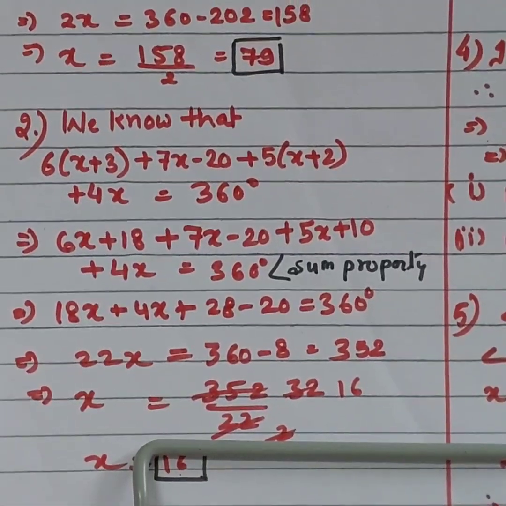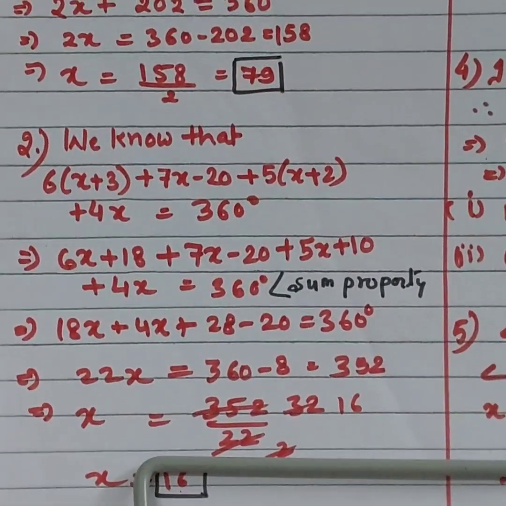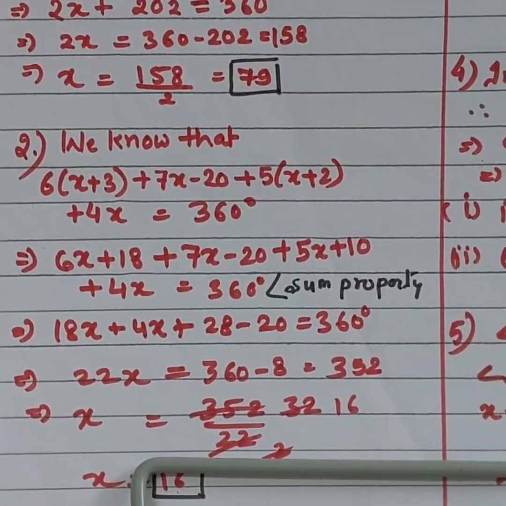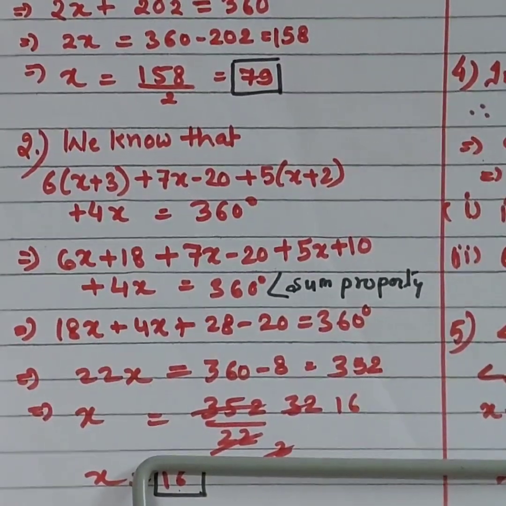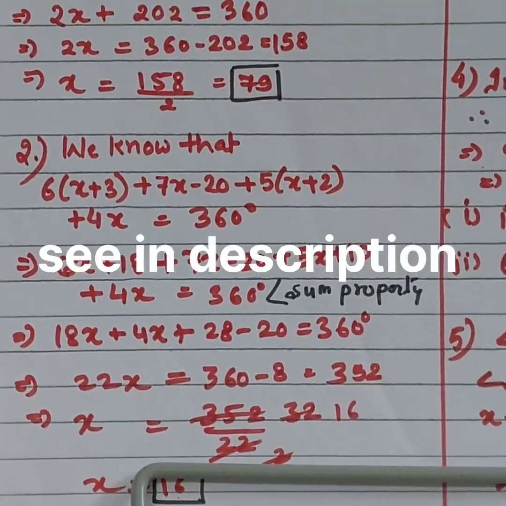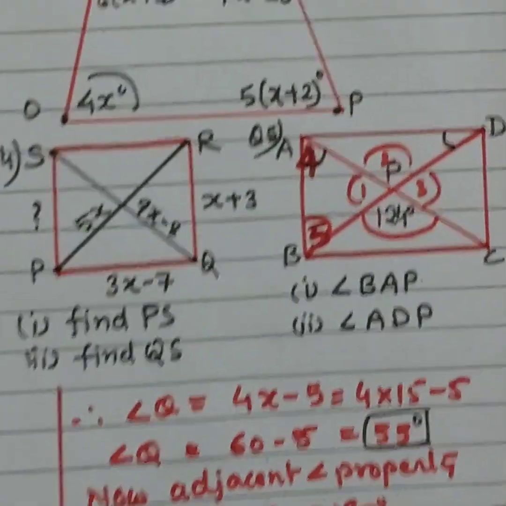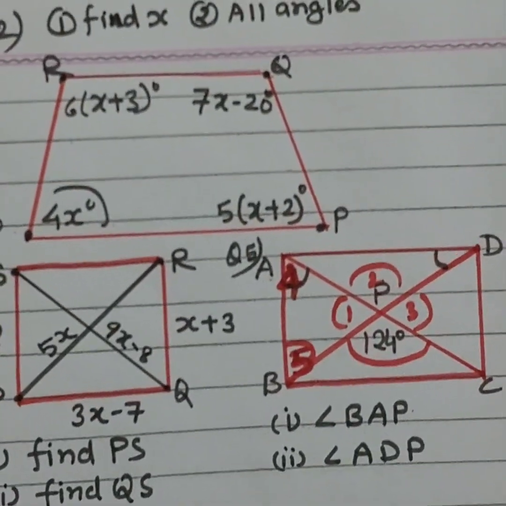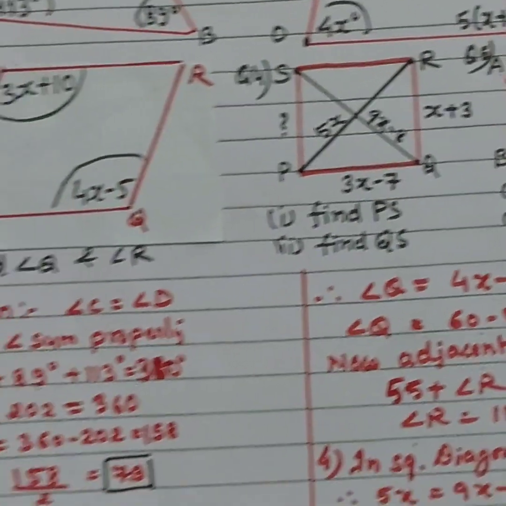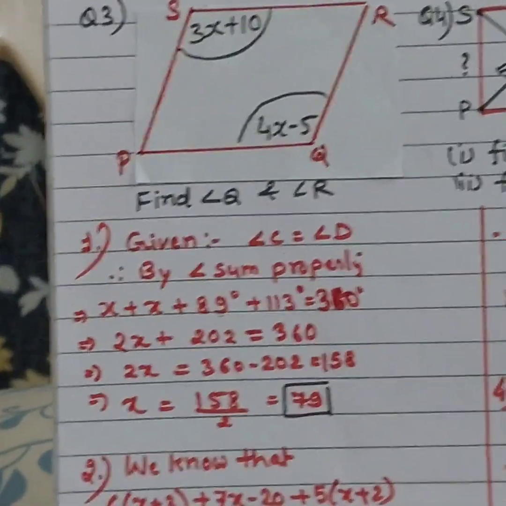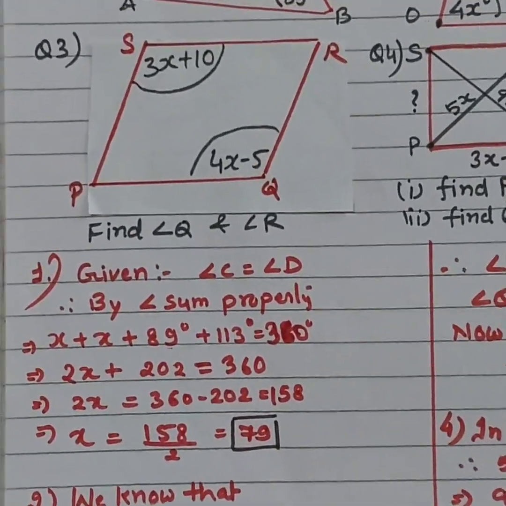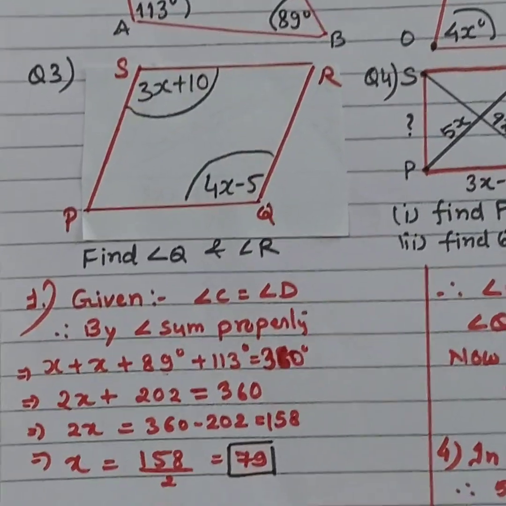So 19 6 how much? Similarly 7 into 16, 16 7 ja how much? Subtract 20 from that. 4 into 16, you will get the third angle. 5 into 16 plus 2, x की जगह 16 plus 2, right? 16 plus 2 is 18, so 18 5 is how much? That you have to find out. I hope that you understand. This 4 angles work I have given to you. Now you have to solve it.